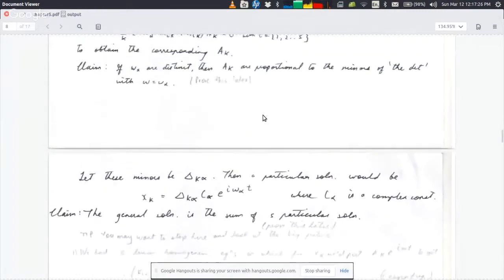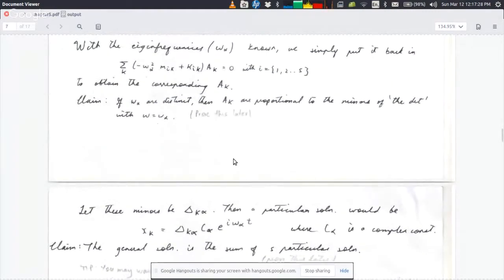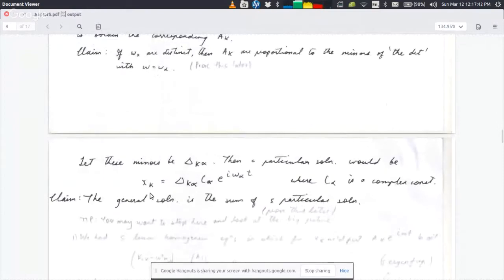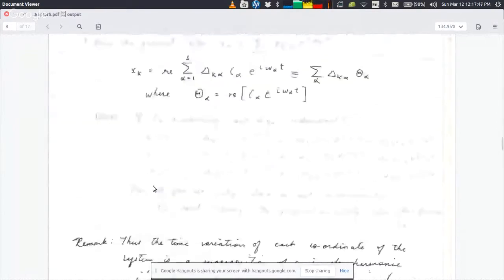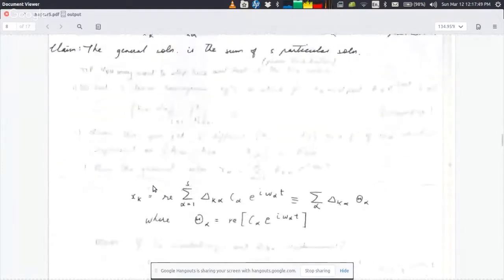So what we are saying is that effectively, everything is going to be a linear combination of these A_S. There's not much to show, but the idea is that you can write the general solution as a sum of all of these particular solutions. And how we write that is we say that x_k is the real part of, okay, before we do that, we just write x_k in a slightly more simplified form. So we say x_k is equal to the real part of the expression which I just told you.